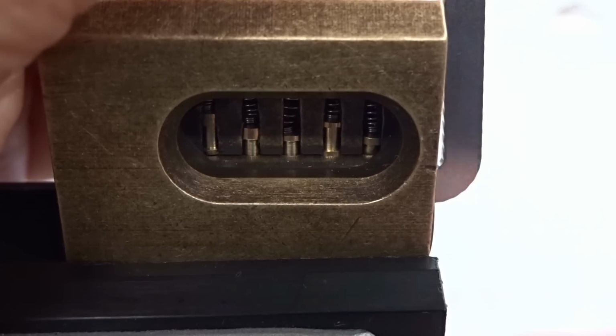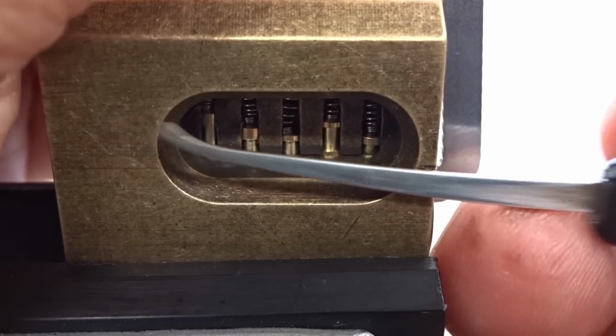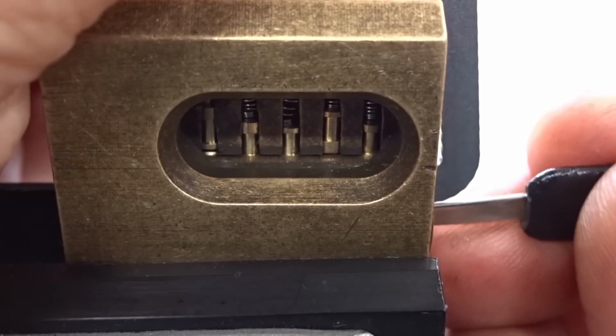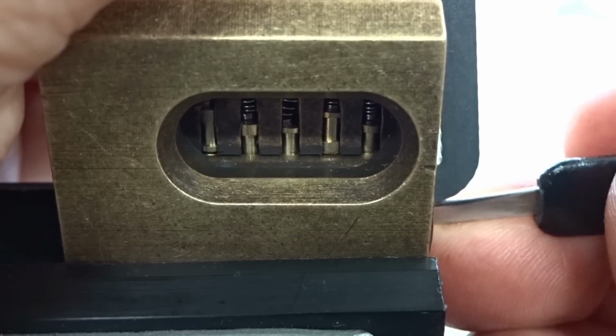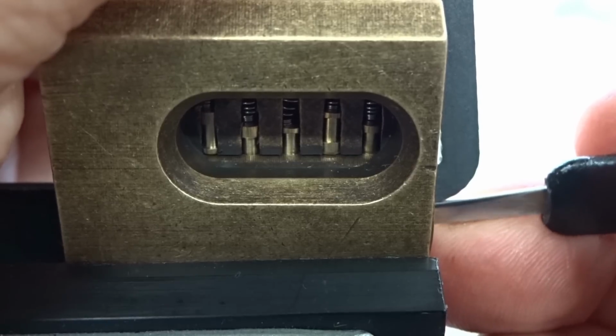I'm going to use top of the keyway, and then I'm just going to take, this is a Tron pick, but you can use a short hook or anything else. The keyway on these is pretty wide open. I like to go all the way to the rear of the lock and then apply tension. It doesn't matter, that's just my personal preference. So immediately I put it in there, I position the pick on the last pin, which is pin 5,